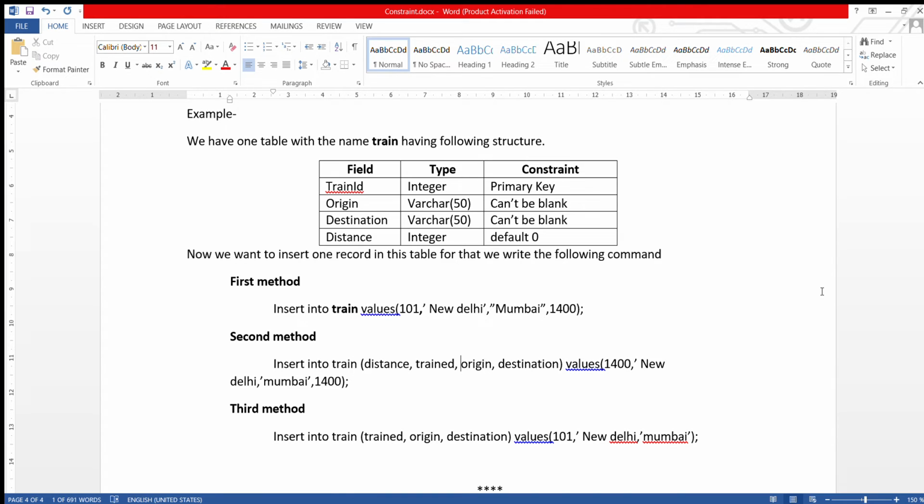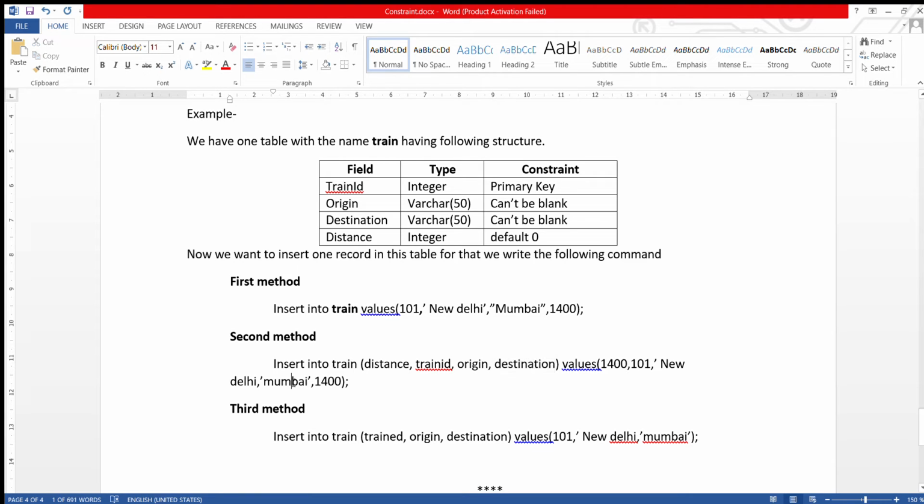Then the second column is train ID. It means just after distance, I have to give the value for train ID, that is 101. Then after train ID I have given the column name origin, so after this I have to give the value New Delhi. And after origin, what is the next column? Destination.